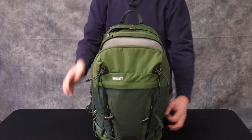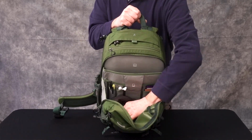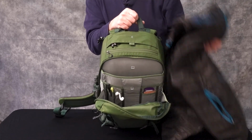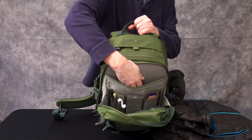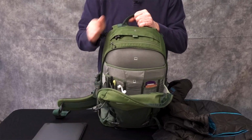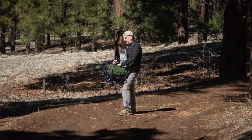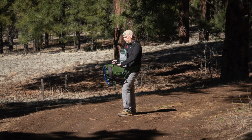situations and multiple uses. It has a laptop compartment. It also has quite a bit of non-photo space where you're not storing gear, so you can carry a lot of other stuff. And so I think it's good for both car and airplane travel. I took it on a cross-country road trip for a whole month, covering nearly 7,000 miles. So if you add that to the various other excursions I've had with this pack, it's got a lot of